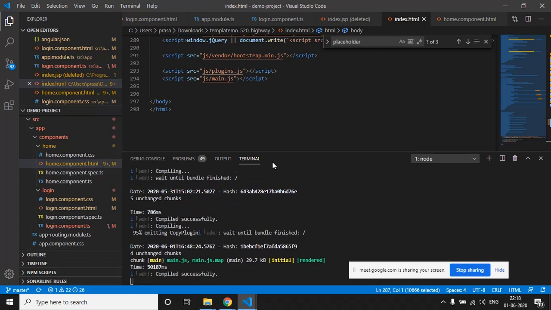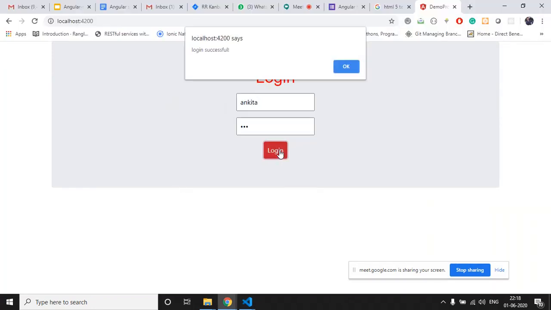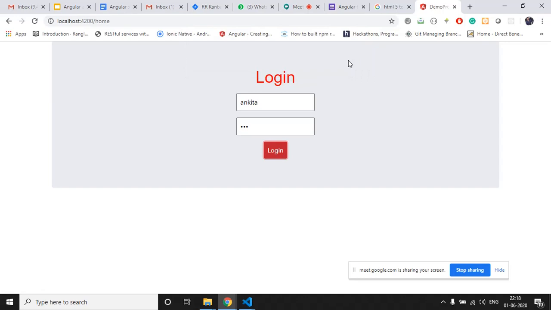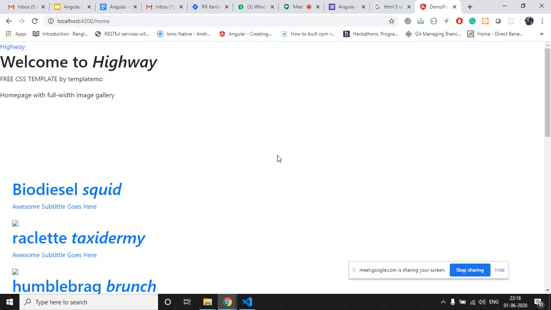Whatever content we pasted from that index.html file will be visible on the home component. So let's see what we can see on our home page. Login successful, and on the home page we can see the content present in that index.html file.